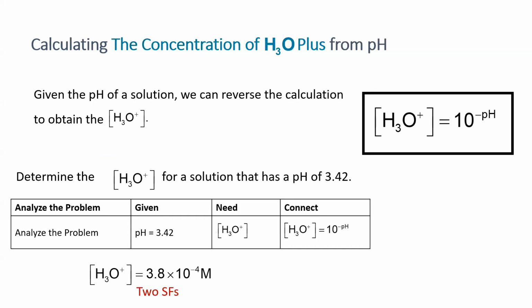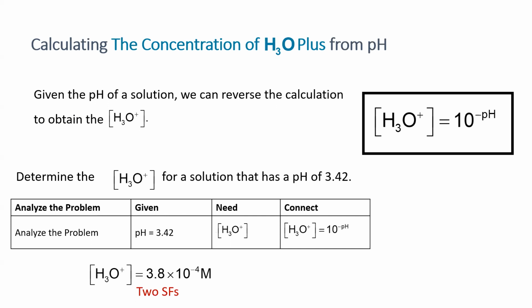So we can also reverse the process like I was talking about before. If we're given the pH value of a solution, we can calculate the concentration of hydronium ion, or H3O+. We do that using this equation. The concentration of hydronium ion equals 10 to the negative pH. So if we're given the pH, we can just take 10 to the negative of that pH to get the